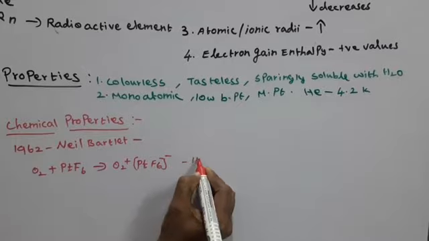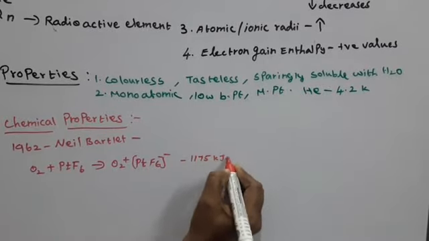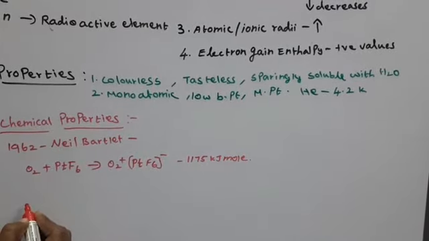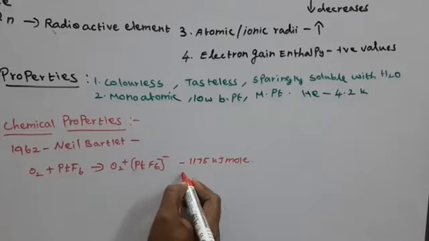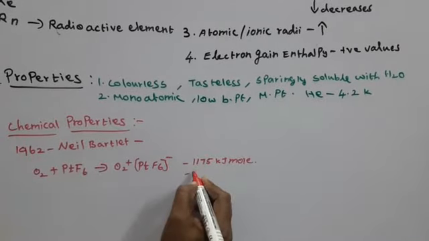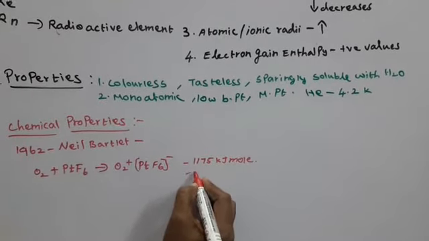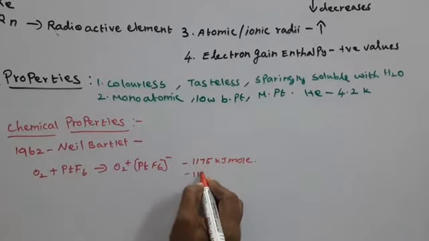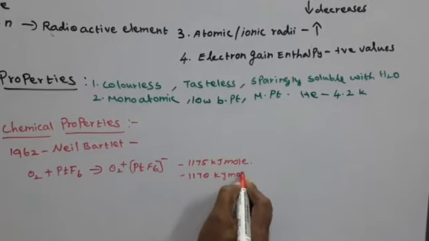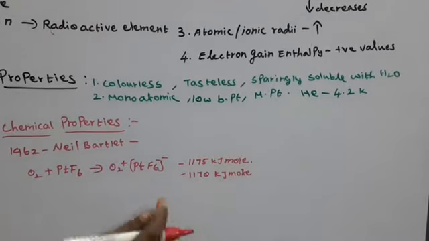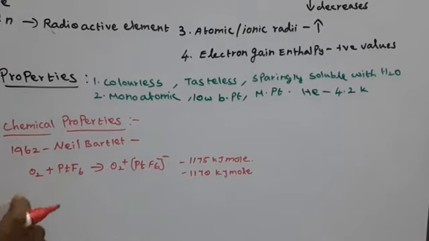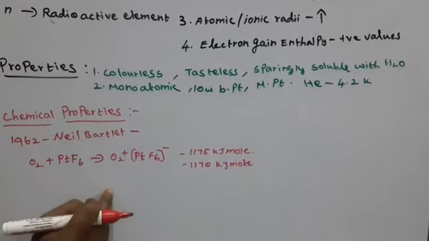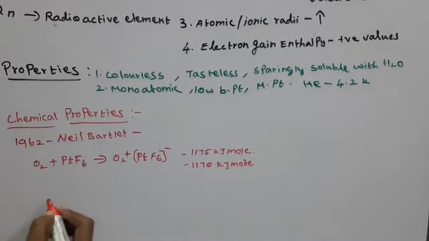He noticed that the first ionization enthalpy of oxygen is 1175 kilojoule per mole. At the same time he observed the enthalpy of xenon, and found its value is 1170 kilojoule per mole. So instead of oxygen he used xenon to prepare xenon platinum hexafluoride,